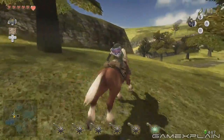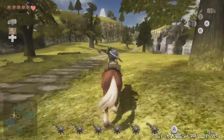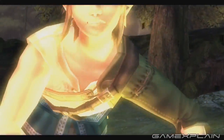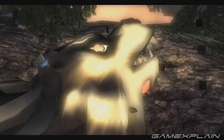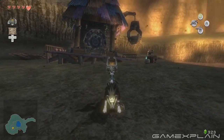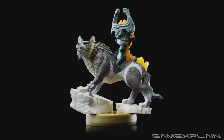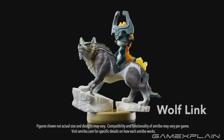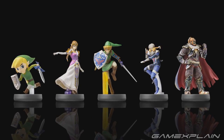So let me start off here, and I'll be straight up. When I was watching the Nintendo Direct, when they were showing the footage of the game, I kept waiting for them to cut to the HD version. I'm like, oh yeah, here's a Wii one, and now we're gonna see the huge improvement, and that never came. What I was looking at was the HD version, which at the time was disappointing, and to some degree still is. However, then I actually did a head-to-head comparison of the game, and they are